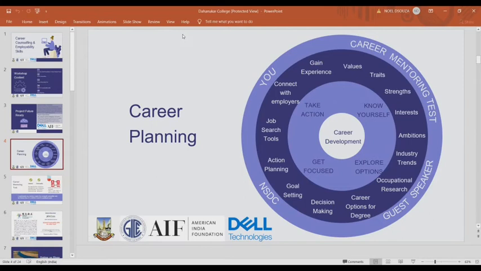So both of y'all are correct. And what we can say is a job is basically something which you perform, you earn money, and you support your basic needs, that is food, shelter. Okay, these are your basic needs. But a career is a long-term professional journey, as someone mentioned.